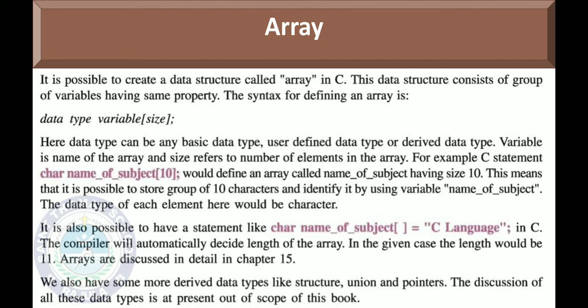So how is it possible? With the help of array. Because in the array we can store the group of variables together. But remember the condition over here, that is, it must belong to the same data type. Suppose one variable is of integer and one variable is of float, then it's not possible. All the variables must be of the same data type.